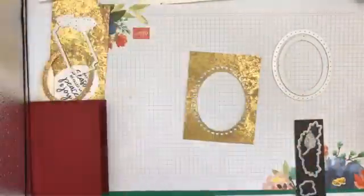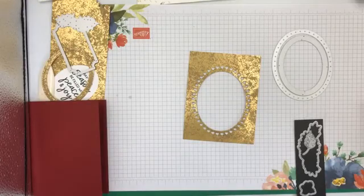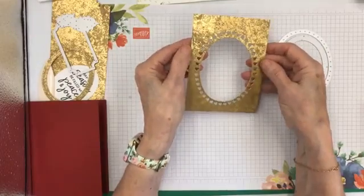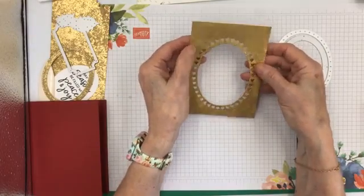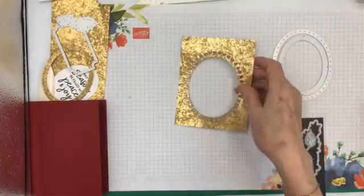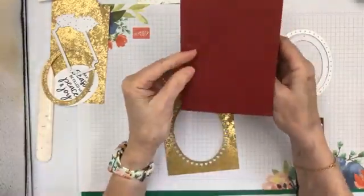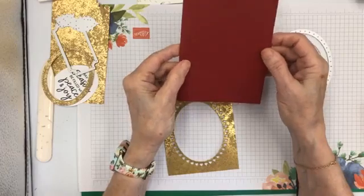which is a sheet of the distressed gold, which is a lovely, very lovely one. So this is distressed gold specialty paper. We have the cardstock, the card base, which is,